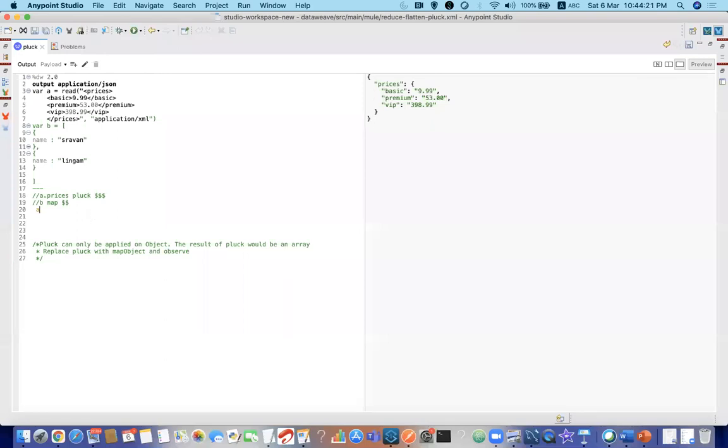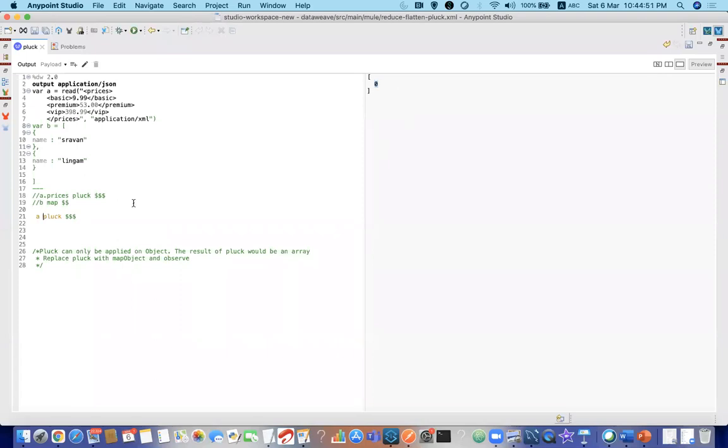Now let's observe what A is first. My A is this. Next, pluck dollar. It is saying we need to pass something, right? What is pluck dollar dollar doing? It is picking up the root tag here. Next, what is dollar dollar dollar doing? It is giving one index because this is the root tag.